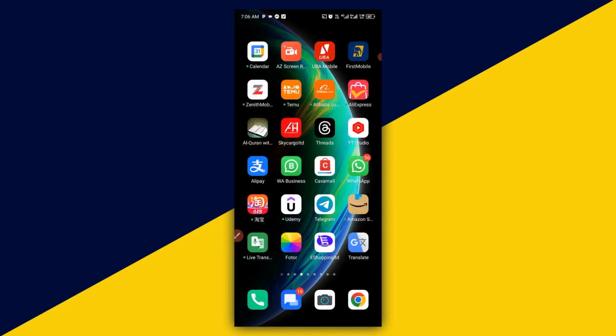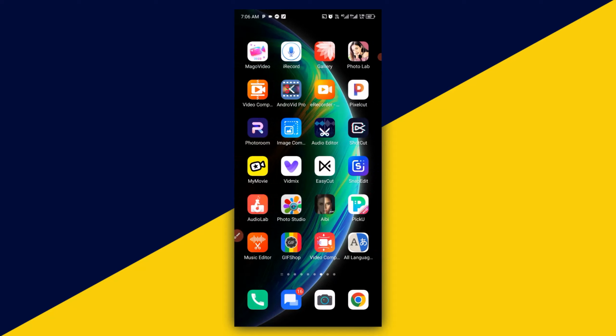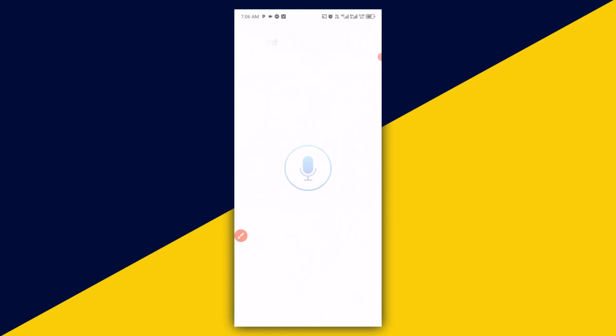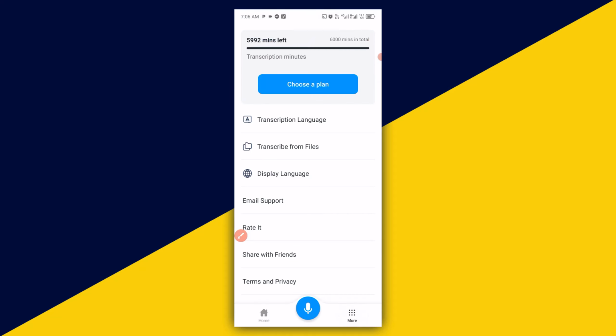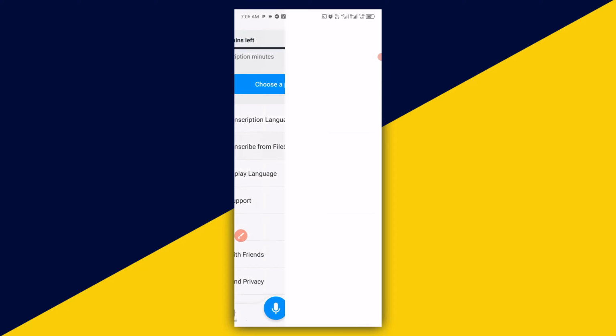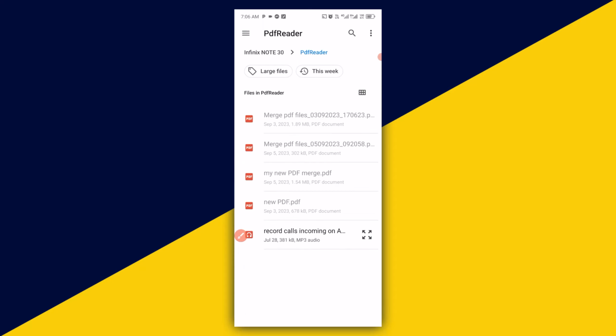Then you have to head over to the app icon on your phone, just like so. So I have the app right here, so I'm going to click on it straight up. Then it's going to open up like this. Next thing you want to do is to simply click on here. And the next thing you need to do is to choose your transcribe from files. Then select your audio file,